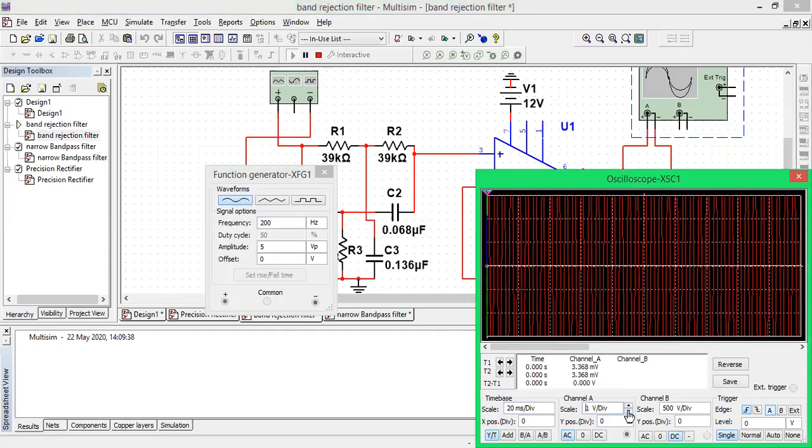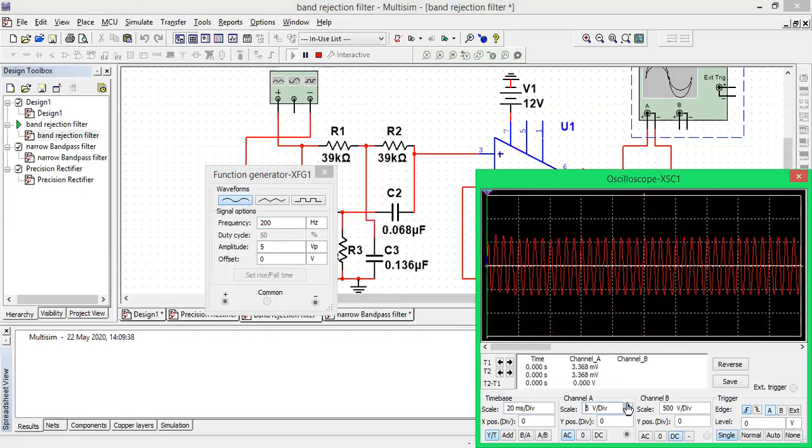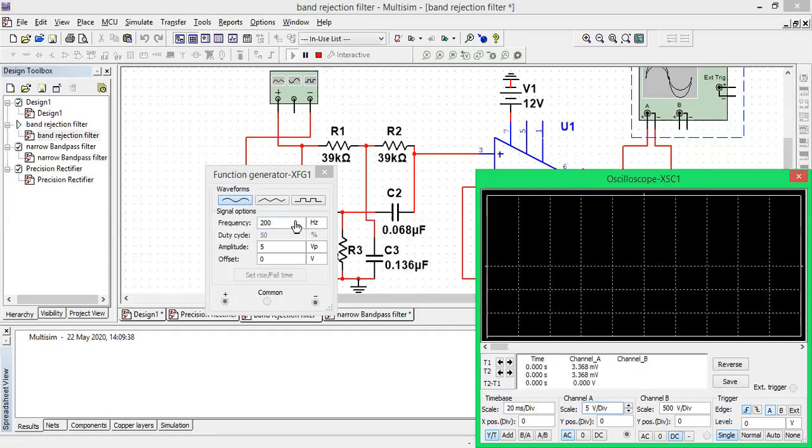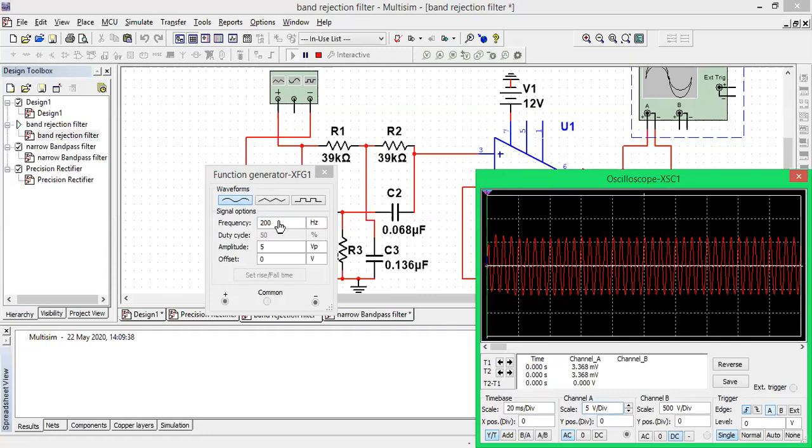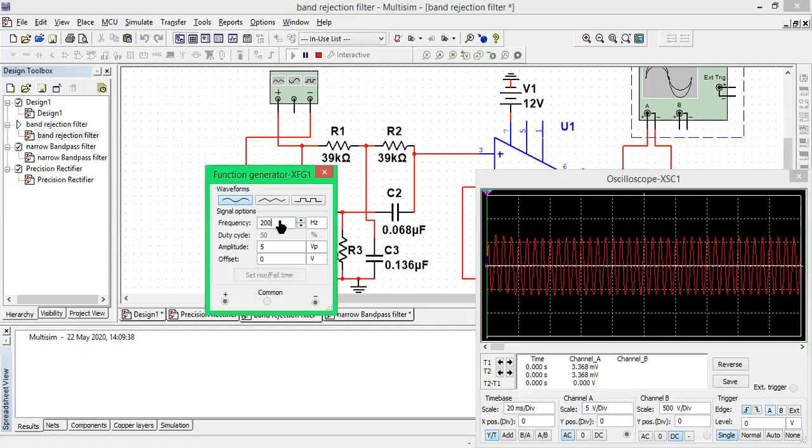So I can decrease the amplitude like this by varying this. From what we saw, from 1 hertz to 5 hertz, the amplitude was maximum, and the gain was also maximum. For 60 hertz, the amplitude was minimum, as you have seen. And from 200 onwards, the voltage increases again, the gain is maximum, and it is also constant.